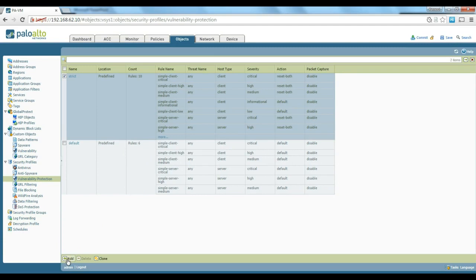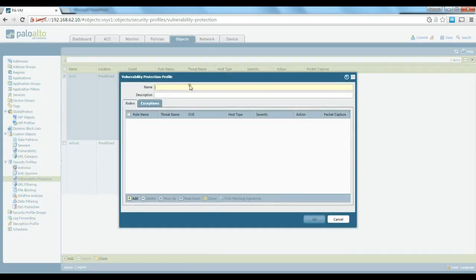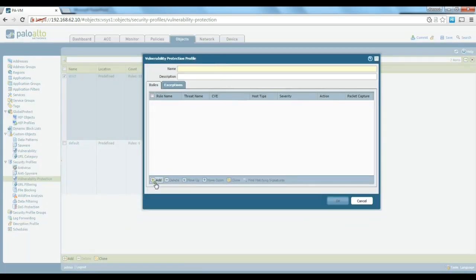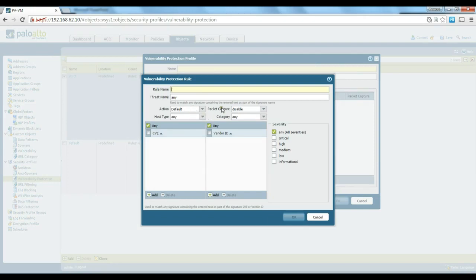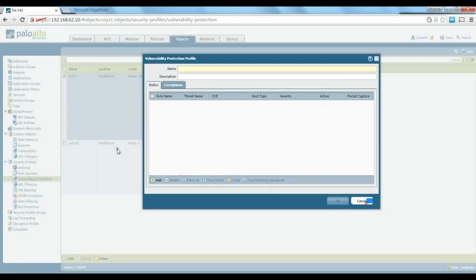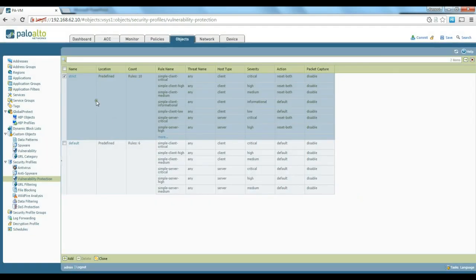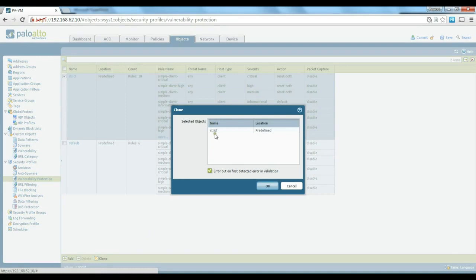So you could also add your own IPS profile in there as well. You have to add all these things manually. Usually it's not an easy task to create an IPS profile yourself. You could use a predefined one, or you could clone it if you want to. You could just create a clone, and then